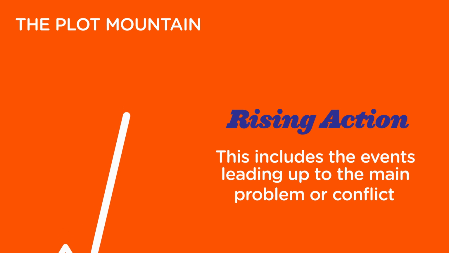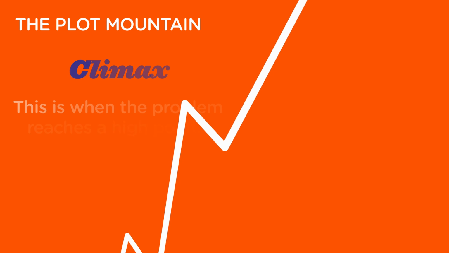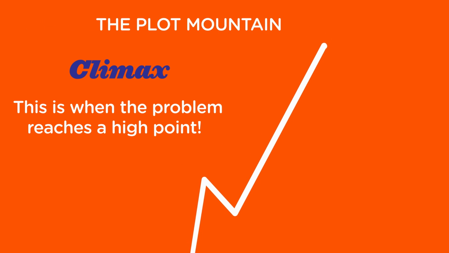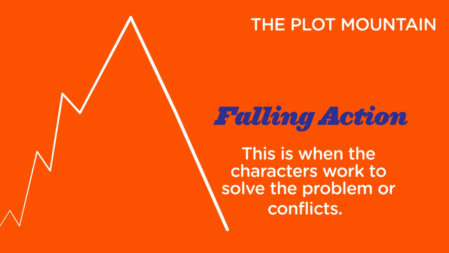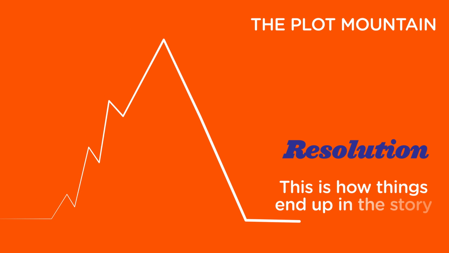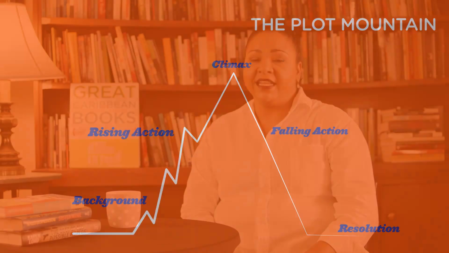The rising action, where the characters and setting are developed. It might contain secondary conflicts that mirror or parallel the main conflict and trigger other conflicts. The rising action drives the action towards the main conflict. Climax, the main conflict. The falling action, the consequences of the events in the climax, and the resolution, how the whole story ends. A plot mountain is a good tool for keeping track of the timeline of the events of your plot and where they fit in its structure.